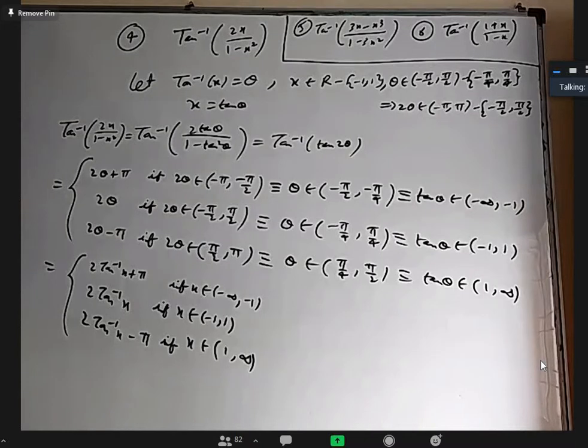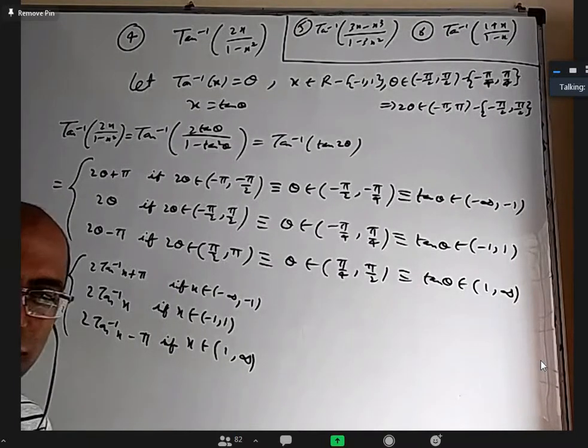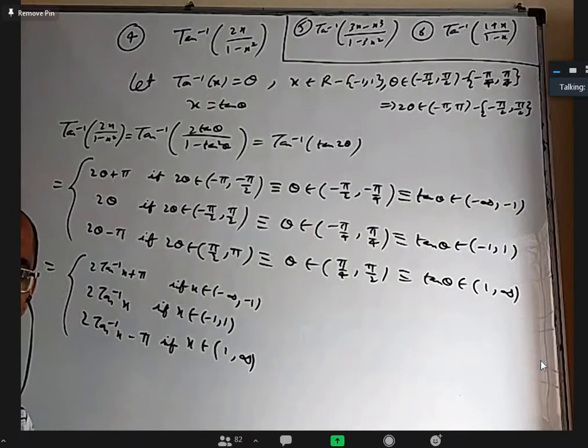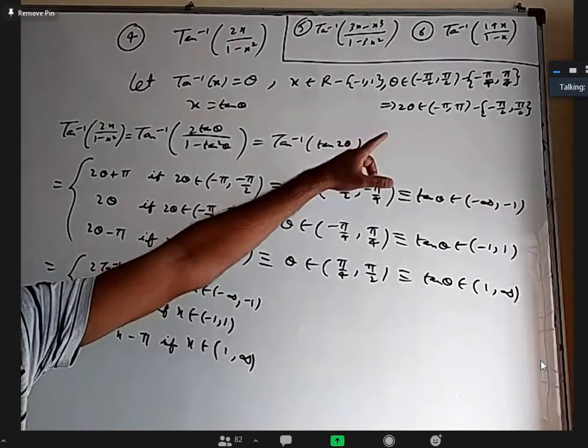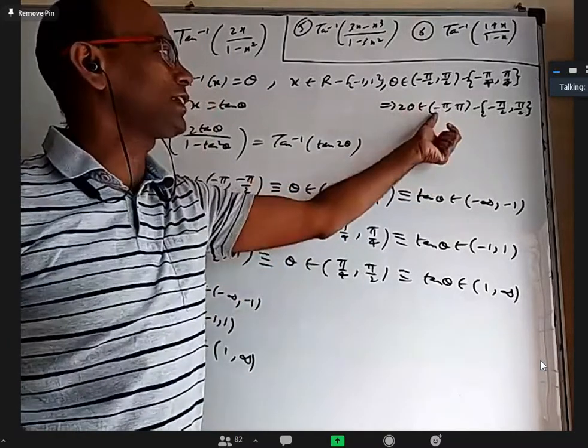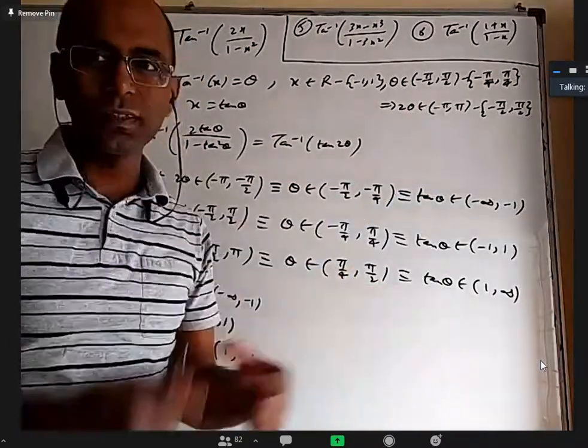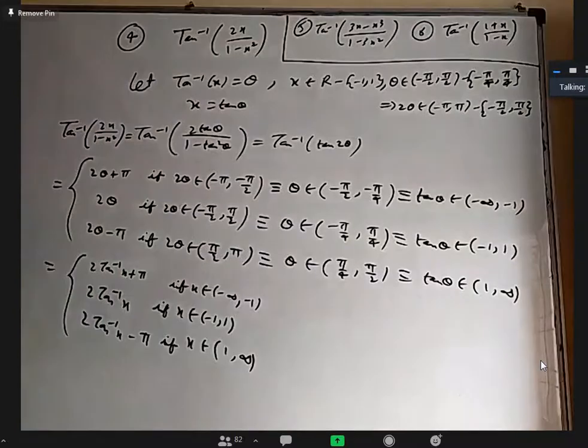Sir, 2 theta minus pi, 2 theta should be equal to pi by 2 to 3 pi by 2, no, sir? Any subset of that is also okay. Any part of that is also okay, because here only up to pi is there. We are talking about when 2 theta is between minus pi to pi. Within that, the sub cases. So we are taking intersection of those two, sir.